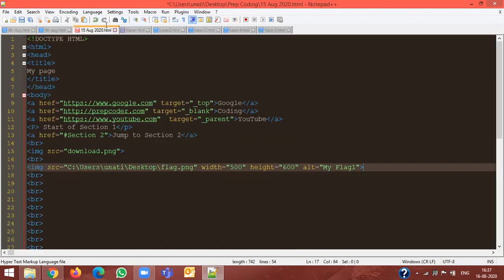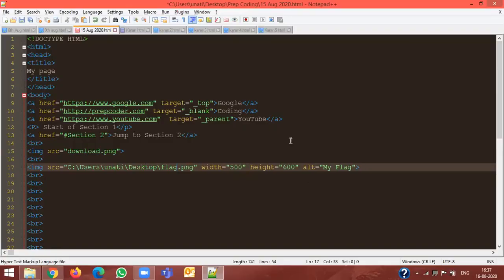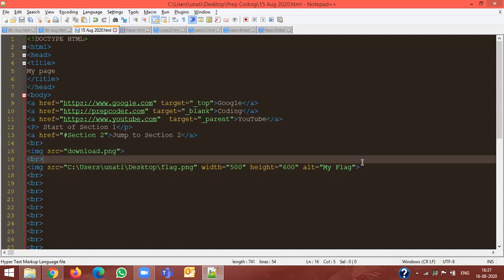Alt is something called alt text. So alt is nothing but alt text over there. So if your image is not getting displayed, then you will display a text over there. With me? Yes, sir. Okay.